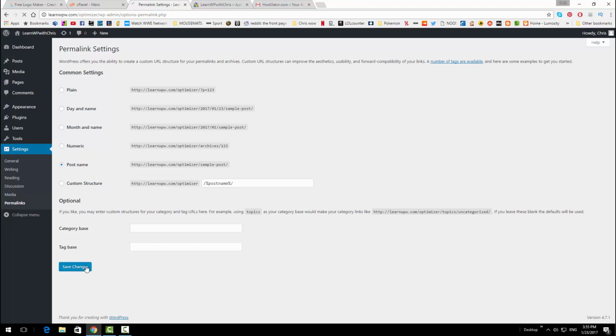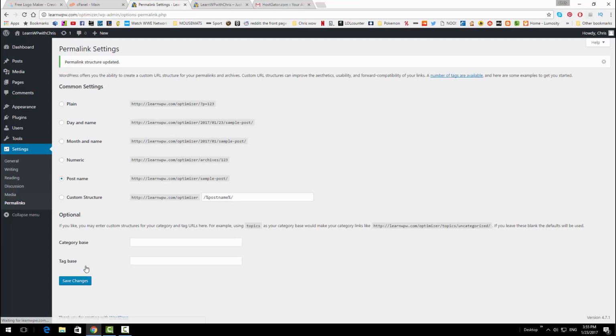Just click Save Changes and then that will be saved. So I think it's about time we start actually putting some content and pages onto our website here. I think we're going to start off with the menu. So if we go over to Appearances,